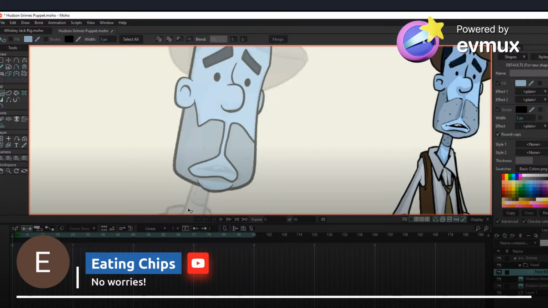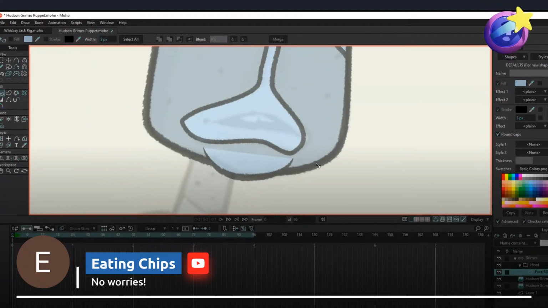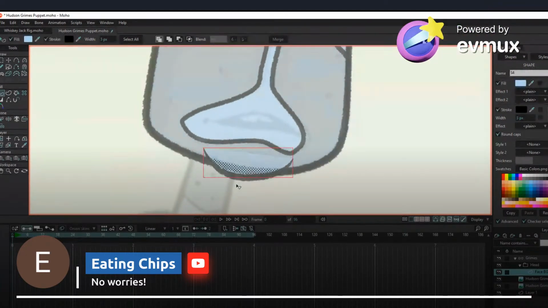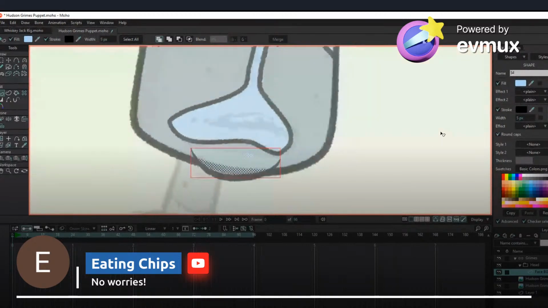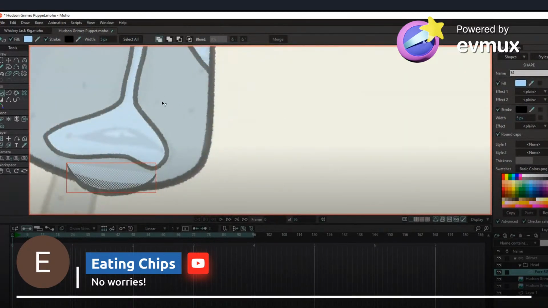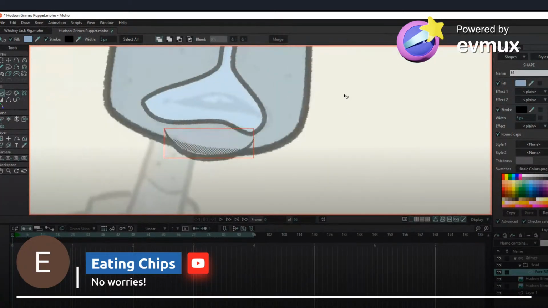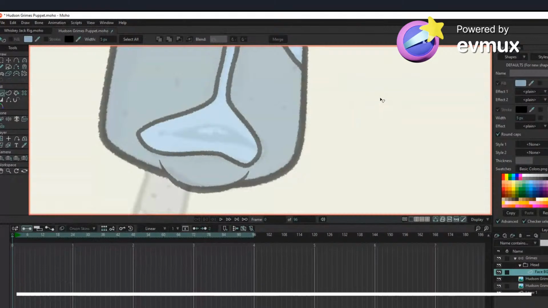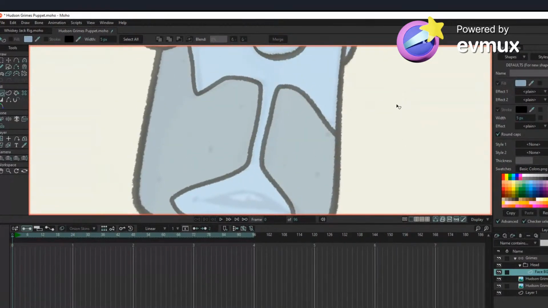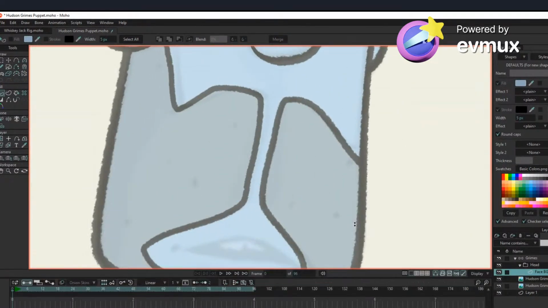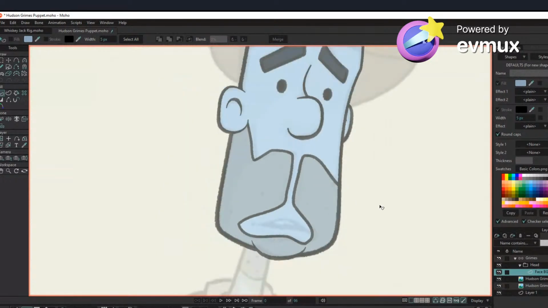Before I adjust his 5 o'clock shadow, I'm going to go in and fix this chin hair and change the color of that to match the 5 o'clock shadow. So I'm going to select the shape tool, select that shape, and I don't want to choose a color from here because this color is at a lower opacity than what the actual color is. So now that should match up, and it does. All right. So now I'm going to get rid of this timeline. Let's bring this timeline down a little bit. Now let's fine tune his 5 o'clock shadow here.